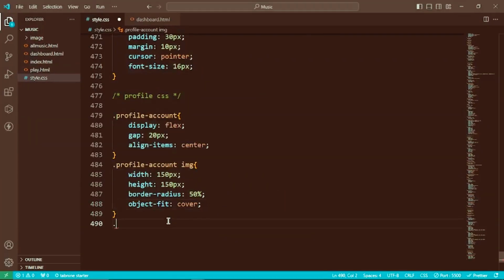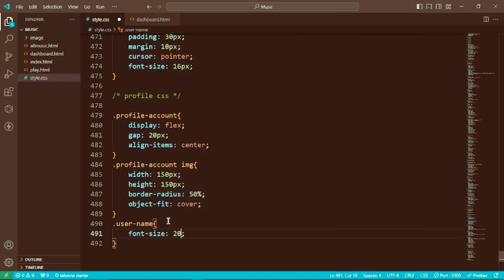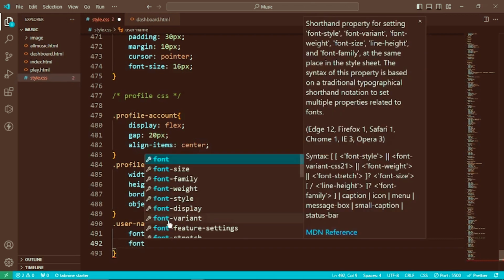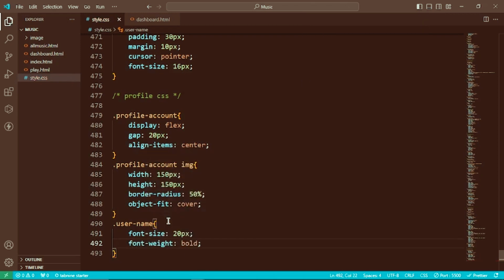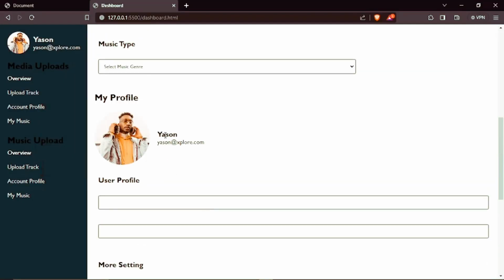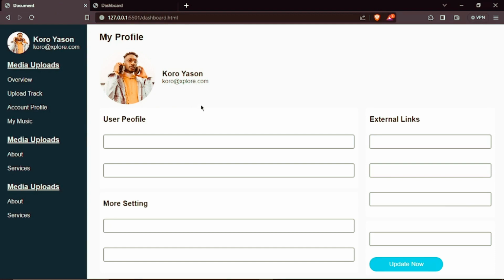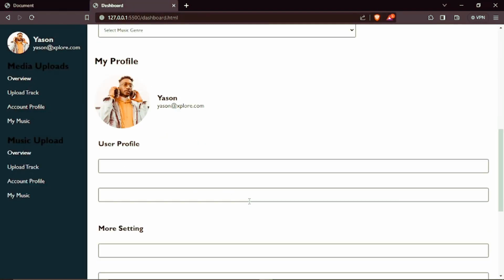I'm going to come here and give the class of user-name. I just want to give it a font size and font weight. Font size is going to be 20 pixels, and then font weight of bold, just like that. And if I check, it is perfect. Yeah, this is the same thing we want. All right,